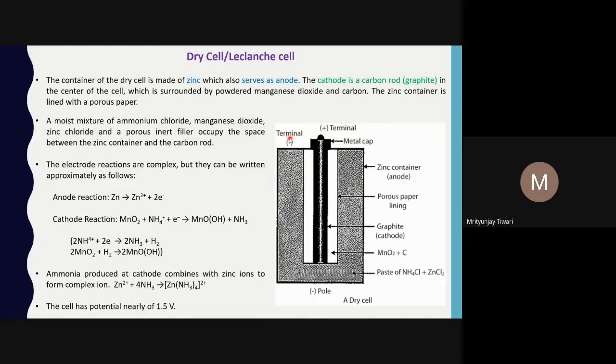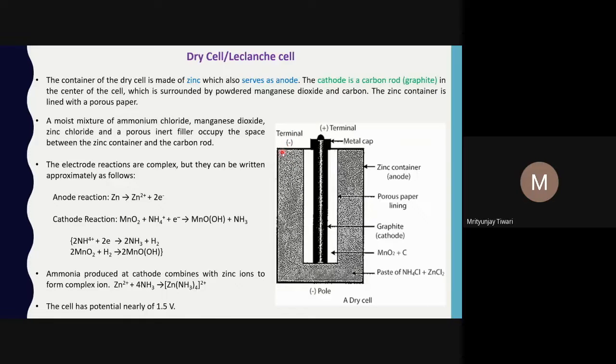So what we see in the galvanic cell, so dry cell, also a galvanic cell, there the anode has negative polarity and cathode has positive polarity. Sorry, I made a mistake earlier. In the electrolytic cell, just the opposite happens. The anode will be given the negative polarity.